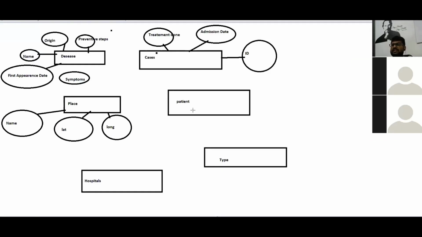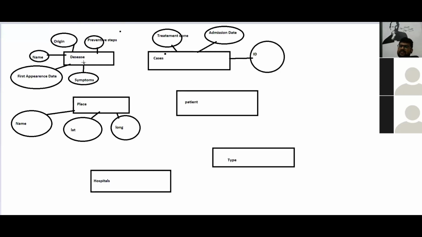So once you have identified attributes, one thing you should identify is the unique identification. Basically, what uniquely identifies a record in the table. For example, disease: what uniquely identifies a disease? Is it the origin? From China, hundreds of diseases have come, so that cannot identify a disease uniquely, right? Preventive steps, maybe corona and normal cough can also have the same preventive steps, right? So that can't identify the disease uniquely. The name of the disease, COVID-19, yes, it can identify the disease uniquely.